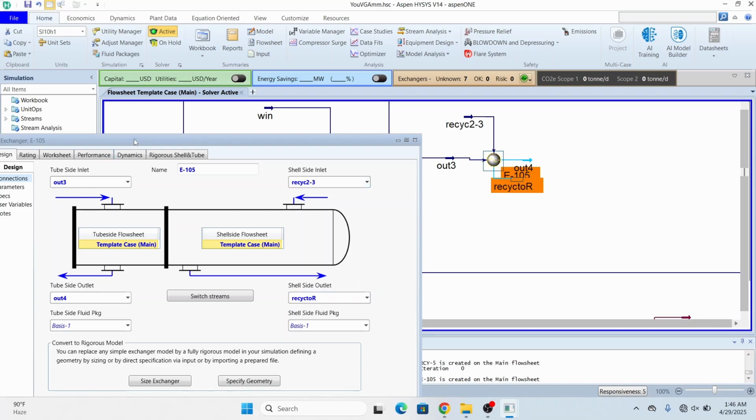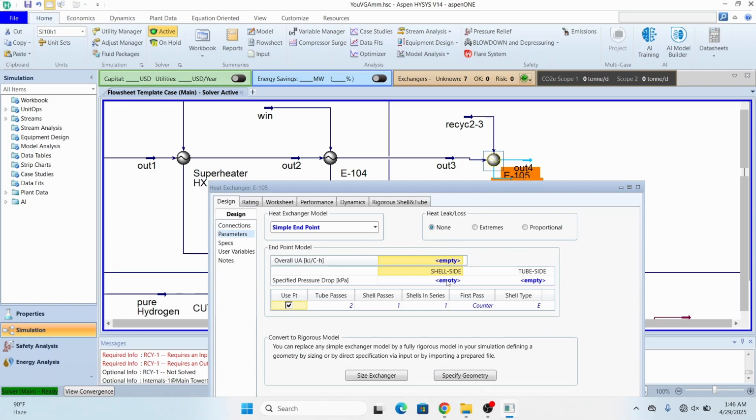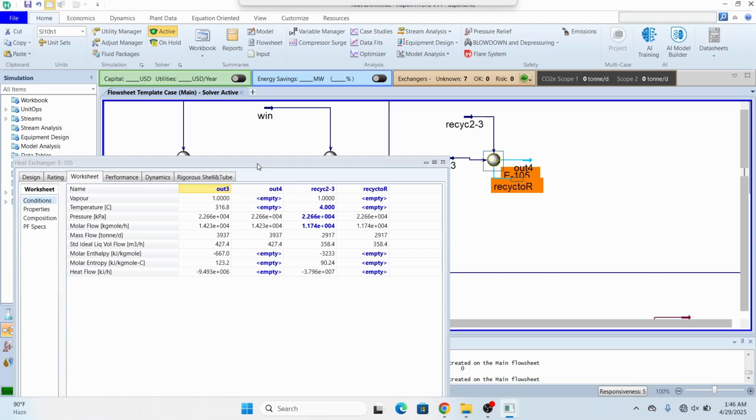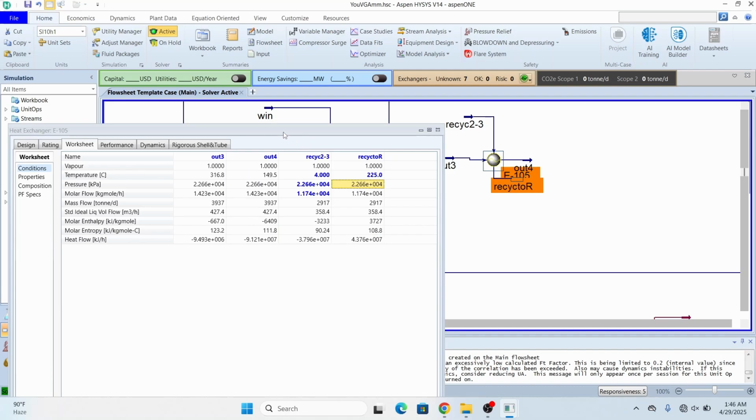So again, I will make it a little bit shorter, and here we will go to the parameters and specify temperature as 0, and again here I can write 0. In the flow sheet, we now want this temperature to be increased to 225 degrees. So we will see whether this stream out 3 has enough energy to increase its temperature to 225 degrees. If I double click on it, it says